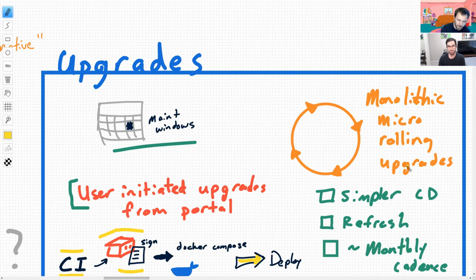And then I kind of put this like, you have microservices, but because you're currently deploying everything as one version, it's like the monolithic micro rolling upgrades, where it's microservices deployed as one unit, which sometimes requires coordination, but in most cases it just makes everything simpler. That's the key here: I don't need a 200 line Jenkins deployment script. I would rather make this as simple as possible, and we'll do a little bit of coordination, especially at smaller scales